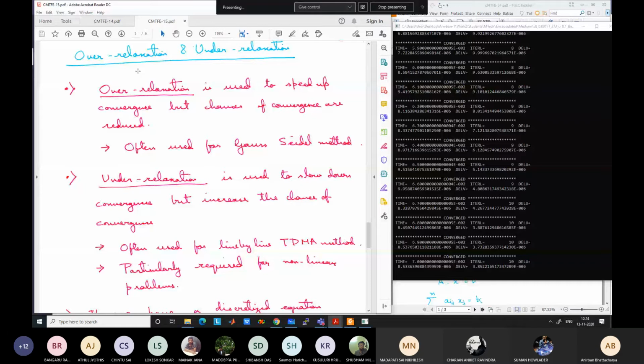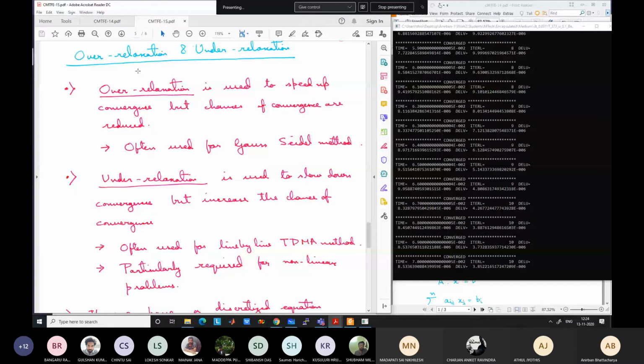Okay, so if the number of iterations for convergence is less, it does not mean that the chance of convergence is more. Okay, for example, here the changes were rapid. If the changes are rapid, and if it had gone in the correct direction, the number of iterations for convergence would have been less. But if the changes are rapid, it has more chance of going in the opposite direction also, and in that case the chances of divergence will become more. Okay, so this is like a compromise. You want to increase the speed of convergence, but at the risk of increasing the chance of divergence.